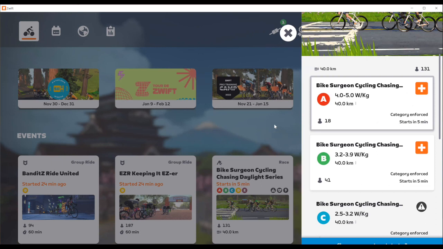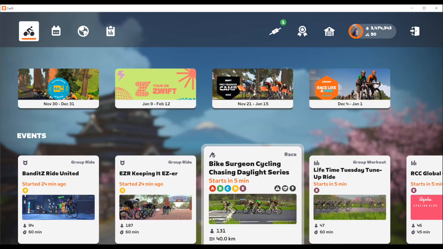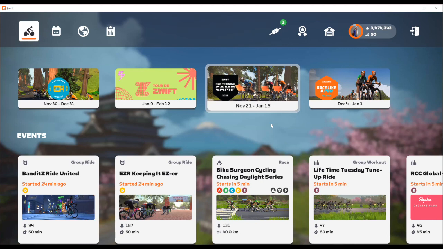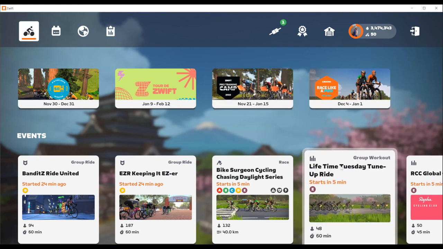And Zwift again does that to make sure that I'm not jumping in races where I would just crush the group that I'm riding with. They want fairness as much as possible. Besides racing, and you may decide that racing is not your thing, and I would tell you, when I first started on Zwift, I did not start racing for at least the first 6 months. I was more interested in doing the group rides and learning more about it.